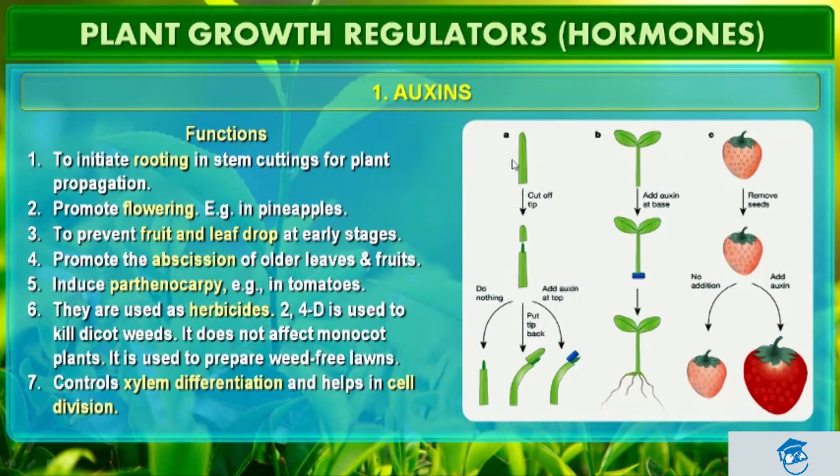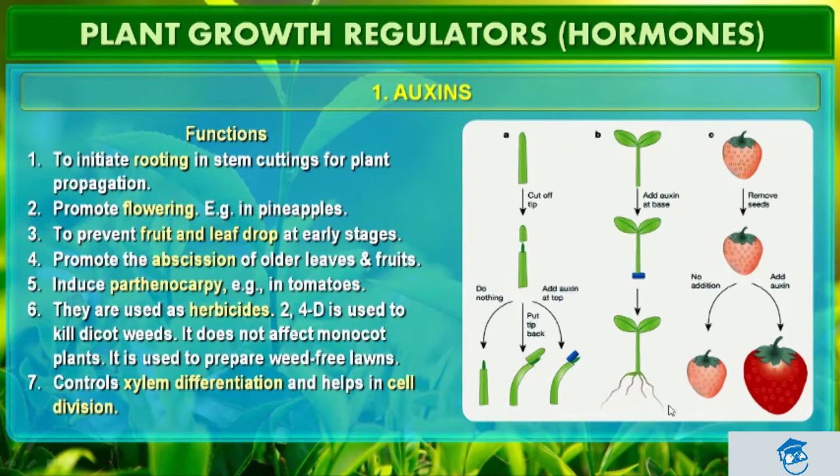See, this is the cut off tip of a plant where auxin stays. And then add auxin at the top. So these are the three things which could happen: do nothing, or put the tip back, or add auxin at the top. See, this is another where we add auxin at the base. Here this blue is representing auxin, and thus it induces rooting, or it induces roots in the stem cutting for